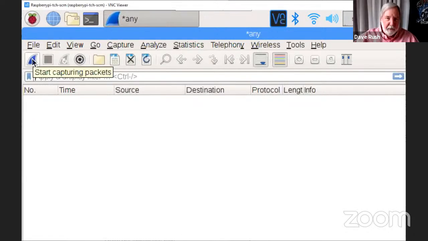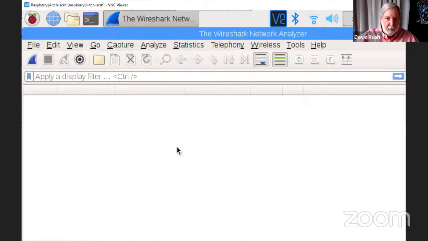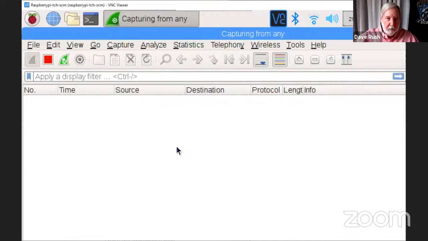I'm going to cut that and do that again. Well, isn't that odd? Capturing from all sources, no display filters. That's weird.